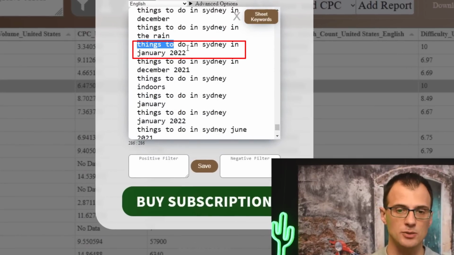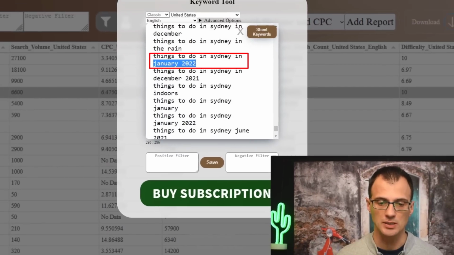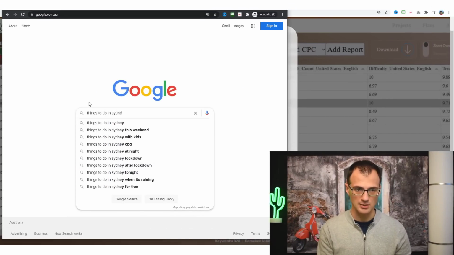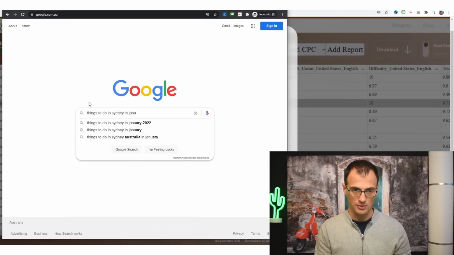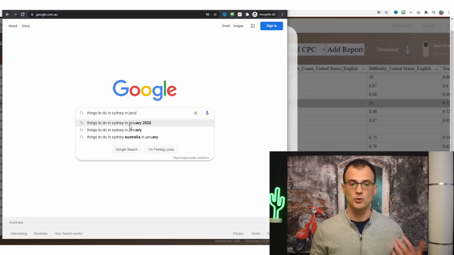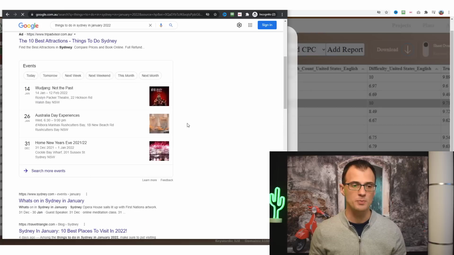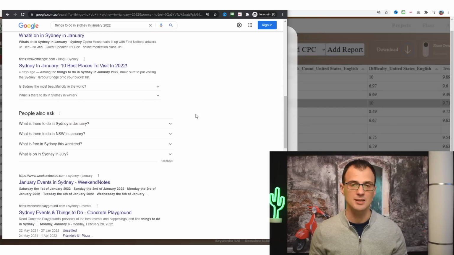For example, look at this, "things to do in Sydney in January 2022". If we start typing that into Google, you can see that Google is actually typing that in as a predicted search, which basically means that this is a real search result. And of course, there won't be a lot of search results yet, so this is a pretty great term to target because January 2022 kind of hasn't happened yet, so there's not a lot of competition right now for this